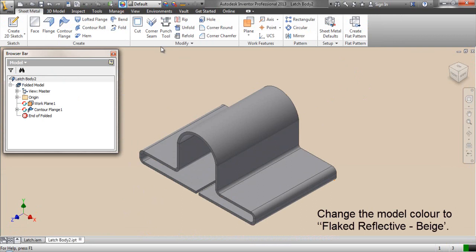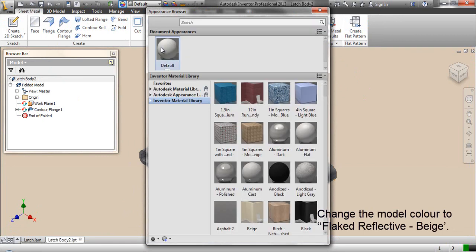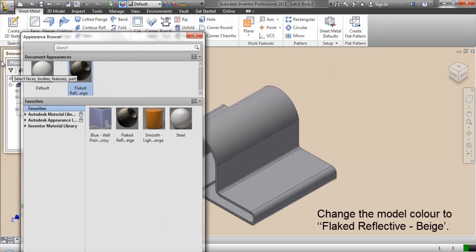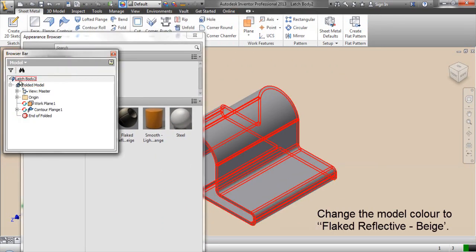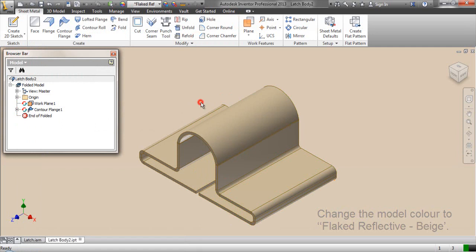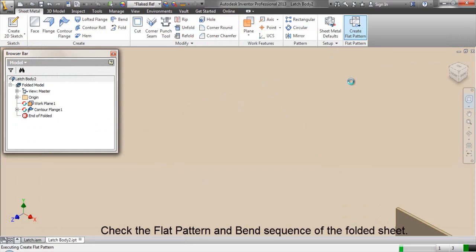Change the model color to flagged reflective beam. Check the flat pattern and bend sequence of the folded sheet.